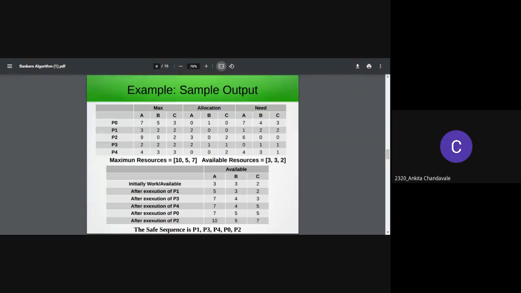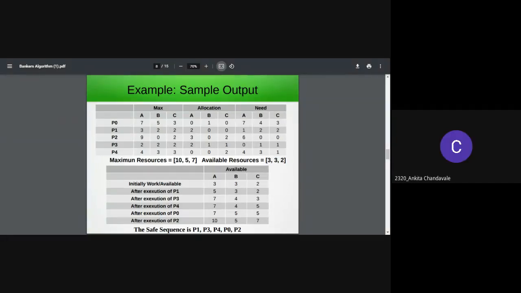Yes, ma'am. But in the exam, do we have to follow this technique or the simple one? Follow the simple one. If they ask you for multiple safe sequences, then you can try to find out if any exist. Otherwise, you have to go with incrementing i, the normal way. This is the normal way of execution.